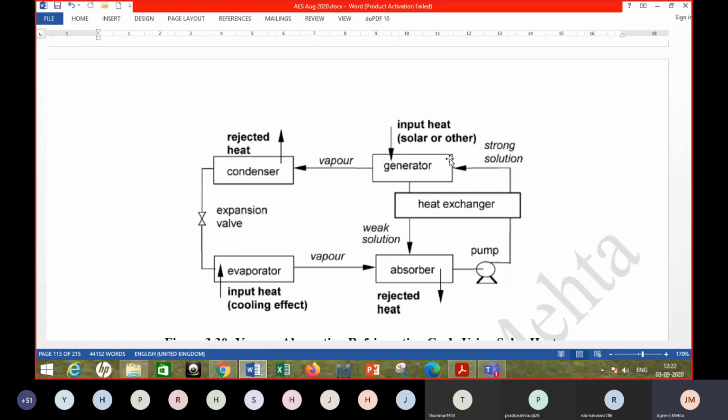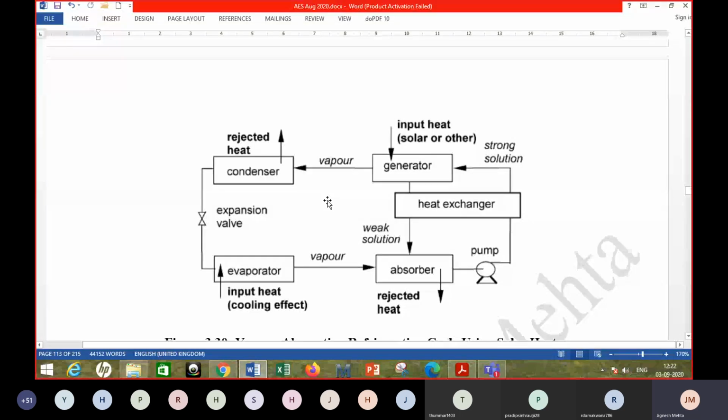The limitation of that lithium bromide water system is that the water is to be evaporated, let's say here at 4 degrees Celsius, boiling of water at 4 degrees Celsius, and condensation of water at, let's say, 45 degrees Celsius. So you can think that the pressure should be very, very low. So the whole system works under vacuum, and particularly the evaporator works at a very high vacuum in the lithium bromide water system. If we think of the ammonia water system, then I think it will be simpler to understand this system.